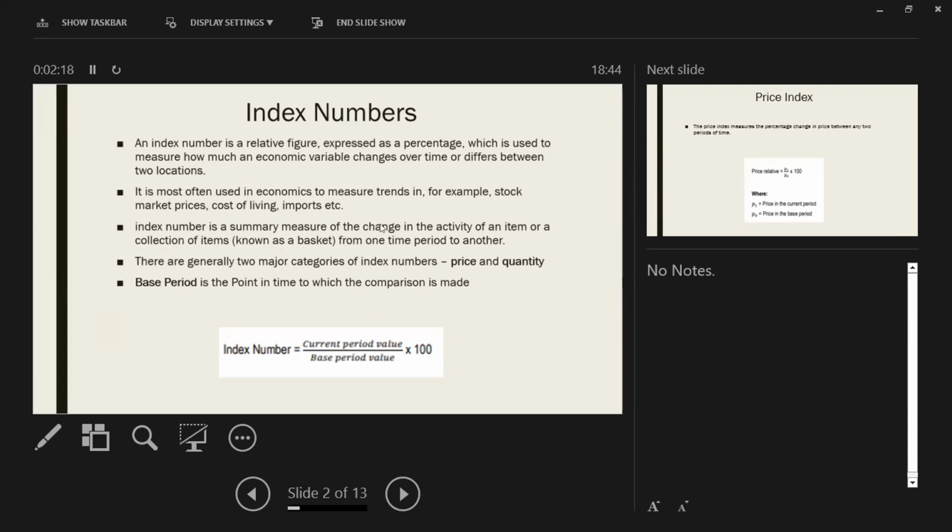What you need to understand is the base period, because you're comparing two different time periods. So there has to be a base period, which is the time from which the comparison is being made. In a general sense, when we're talking about an index number, this is the general formula,